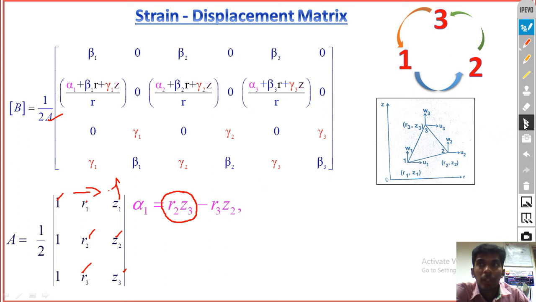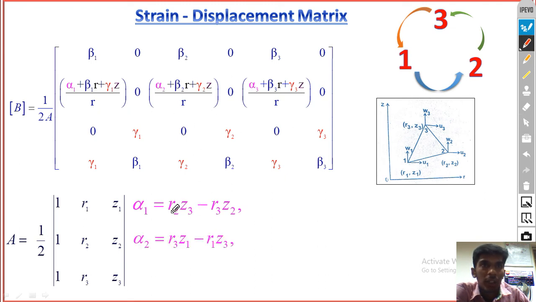In a similar way, next, if you take alpha 2, here also you write R and Z. If you write 2, what is the next nodal value? 3. You write 2, then 3. If you write alpha 1 3, after the third node you will get the first node, 3 2 1. 3 will become 1. Again you rewrite this R and Z, then you swap these two numbers. So here this one is first, 3 is second in the next term.